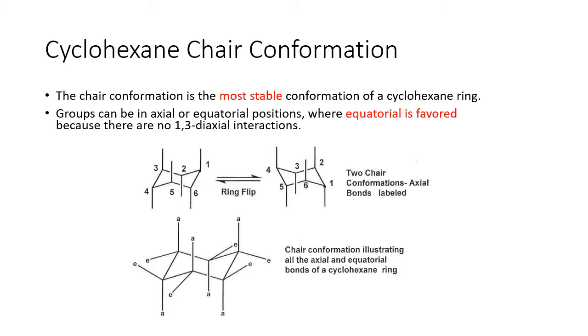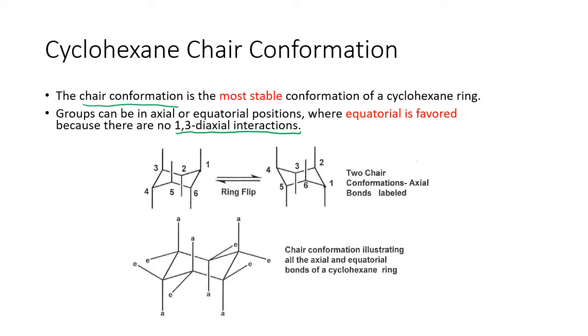Of all the cycloalkanes, we're going to focus on cyclohexane. Cyclohexane can adopt a few conformations, but the most stable conformation is called the chair conformation. And we saw on the board that groups could either be in the equatorial positions or in the axial positions. Axial positions undergo 1,3 diaxial interactions, and therefore they're less favored or higher in energy. Equatorial positions are considered more stable because they do not undergo those 1,3 diaxial interactions and are in the equator